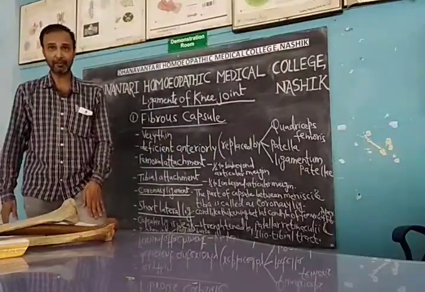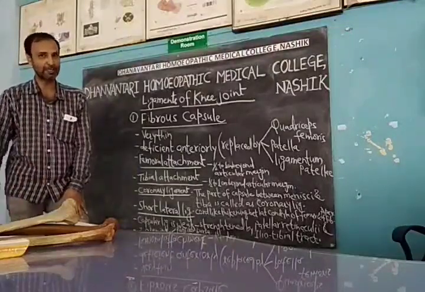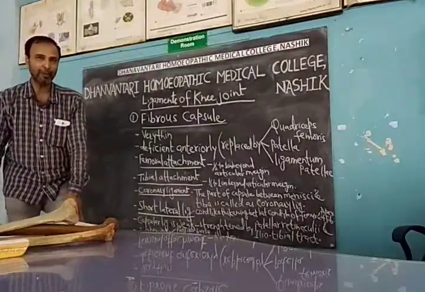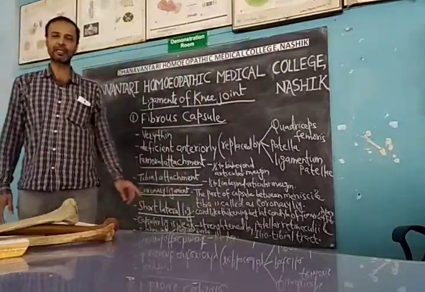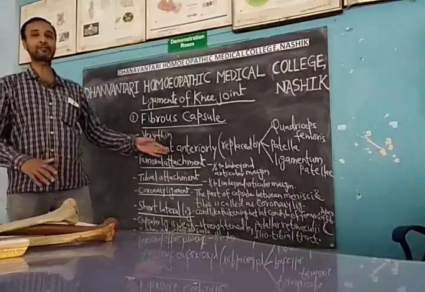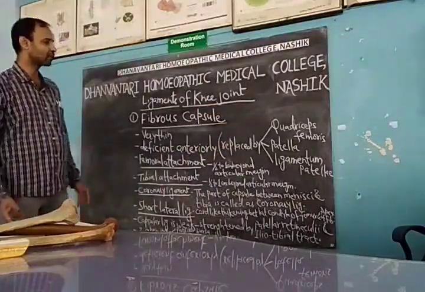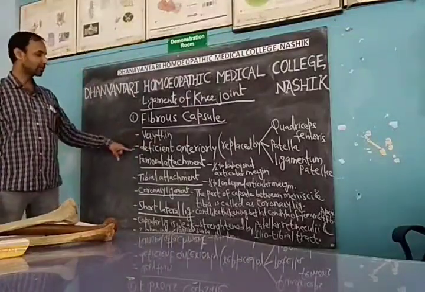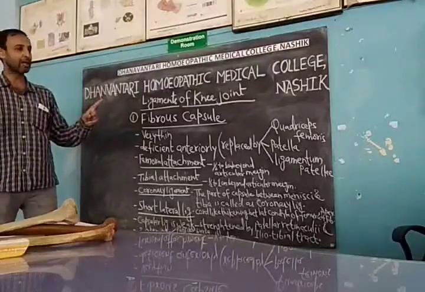The quadriceps femoris is the extensor group of muscles, and we know there are four muscles. So the quadriceps femoris muscles become a tendon and get attached to the patella, and as the ligamentum patelli to the tibial tuberosity. Therefore, it is the quadriceps femoris that makes it deficient anteriorly. So anteriorly, this fibrous capsule is replaced by the quadriceps femoris, patella, and the ligamentum patelli. These are the three parts it is replaced by. So what we have discussed: the fibrous capsule is very thin, deficient anteriorly, and replaced by these three points you remember: quadriceps femoris, patella, and the ligamentum patelli.